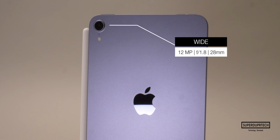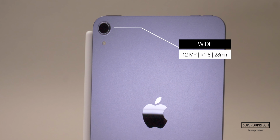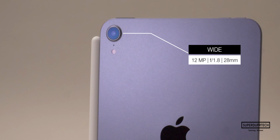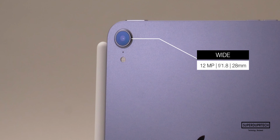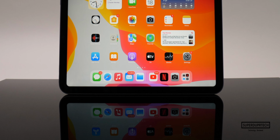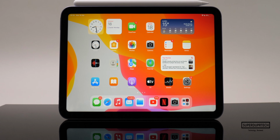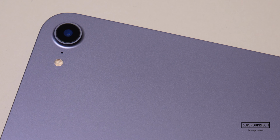So let me mention this briefly. The iPad mini has one rear camera and information on this camera is now on screen. Once again, we see that Apple have chosen to keep the pixel count to 12 megapixels, which does mean that this iPad mini is capable of recording 4K video. You'll also find that the front FaceTime HD camera on this iPad mini has a pixel count of 12 megapixels,